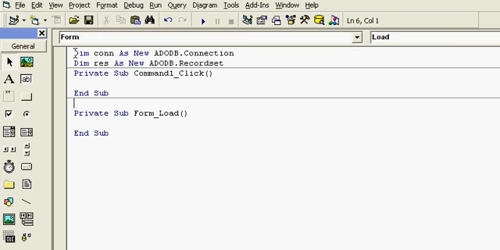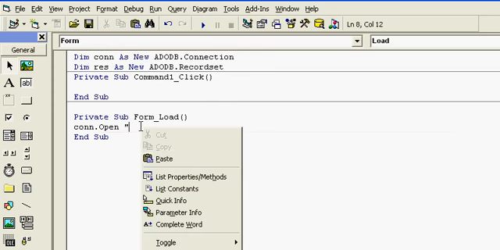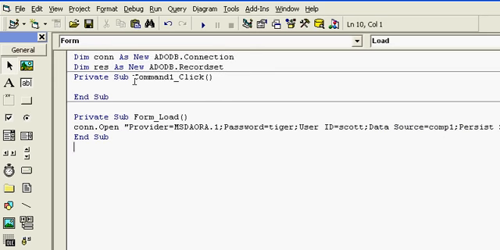In the command button, here first we have to create a connection with the connection string I have copied from there. Now let me paste it here. That's it.